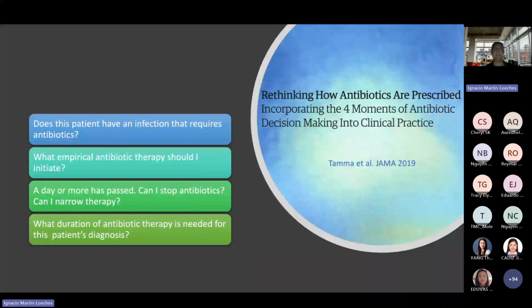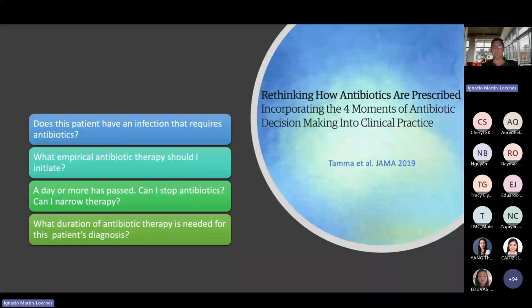So I'm finishing with some questions that everyone has to ask when we are talking about antibiotic decision making. I think this is important because we are in a world with more and more resistance, more and more detection of infections that are very difficult to treat. For that reason, we need tools to decrease antibiotic duration, to know when we can stop or narrow the therapy and when we can decrease the duration. So thank you very much for having been here.